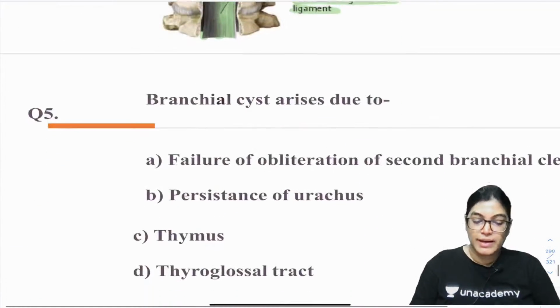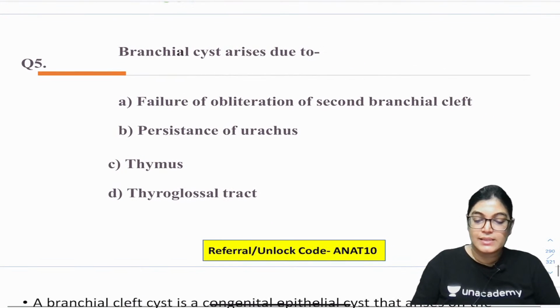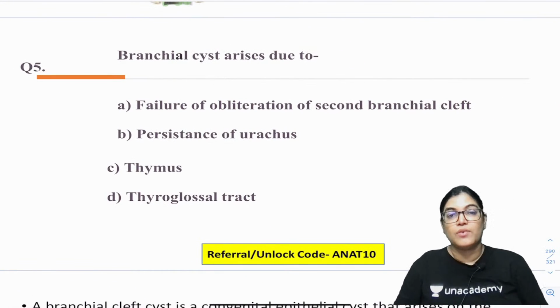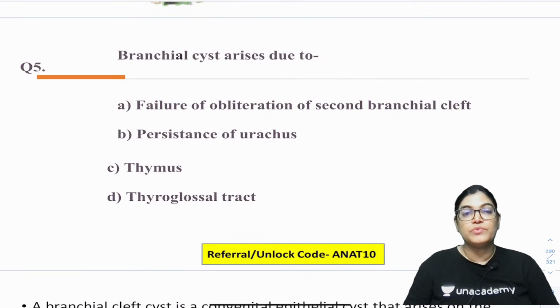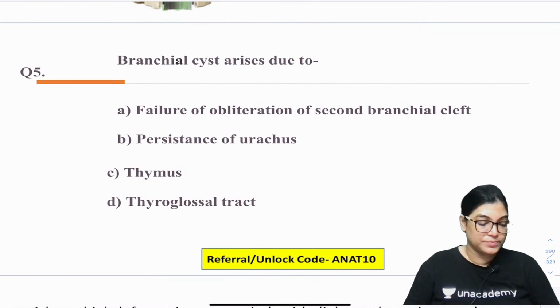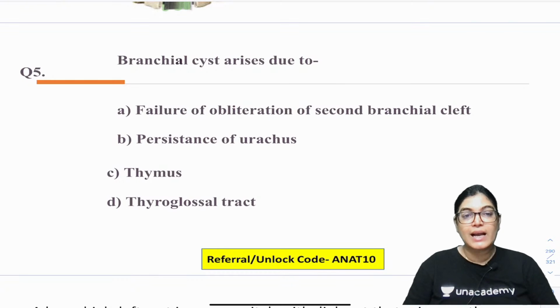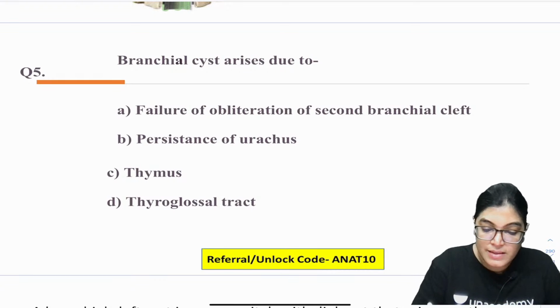Now moving on to the next. Question number 5: Branchial cyst arises due to which reason? Persistence of urachus, thymus, thyroglossal tract, or failure of obliteration of second branchial cleft. So, what is the correct answer? My dear students, the correct answer here will be